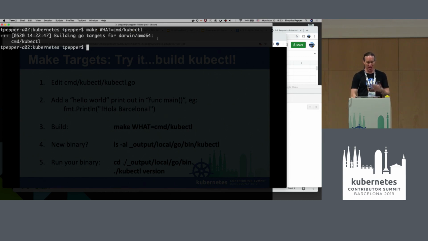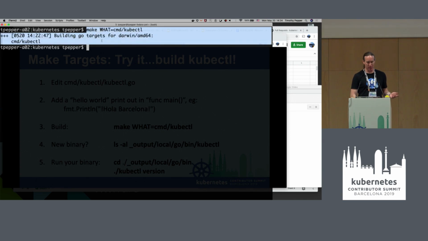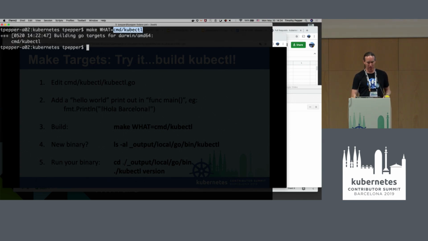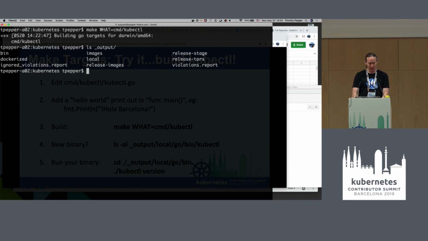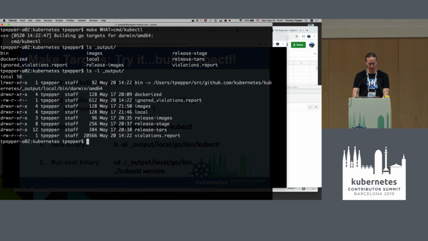So while I was talking about that one slide, my make what of kubectl for 64-bit Mac finished. Now, where does it go? Once you start building things, you have a directory called _output, and there's a bunch of stuff that goes in there depending on what all is happening. But for an example like this, for a kubectl, if I look in local bin,